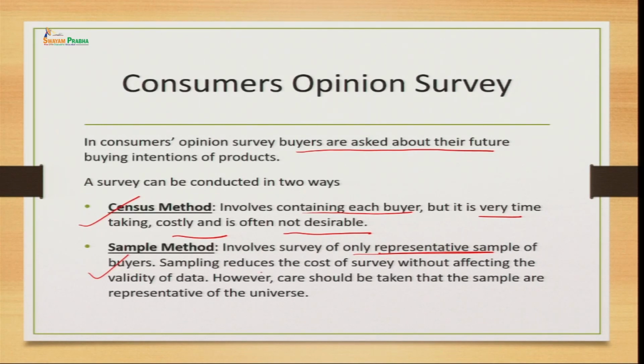So, this helps you in the reduction of cost as well as time. However, care should be taken that the sample is representative of the universe. That is what I have told you, right. While making a choice of a sample, you have to be very careful that whosoever you are going to ask should represent your total population. It should not be done on the basis of your convenience, like you ask only 4 or 5 people, or maybe 10 or 20 people who are nearby you, and have not taken the pain of going anywhere and asking the people, right. That is definitely not going to give you the right results.